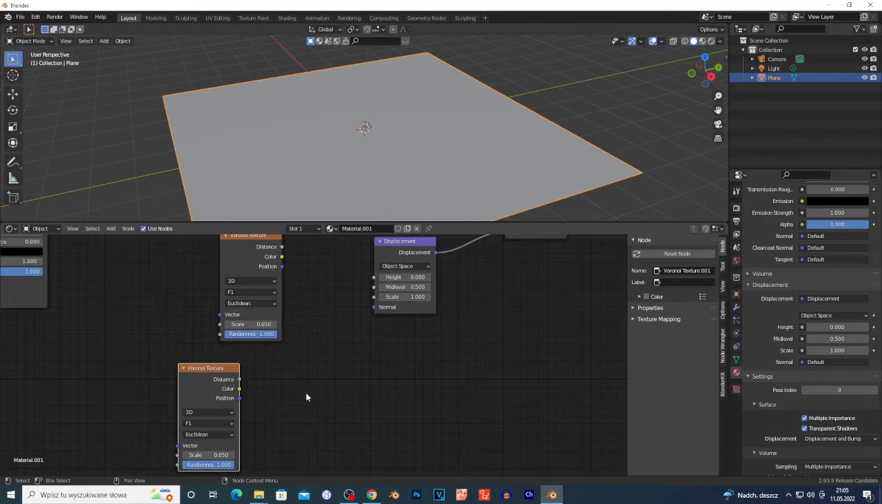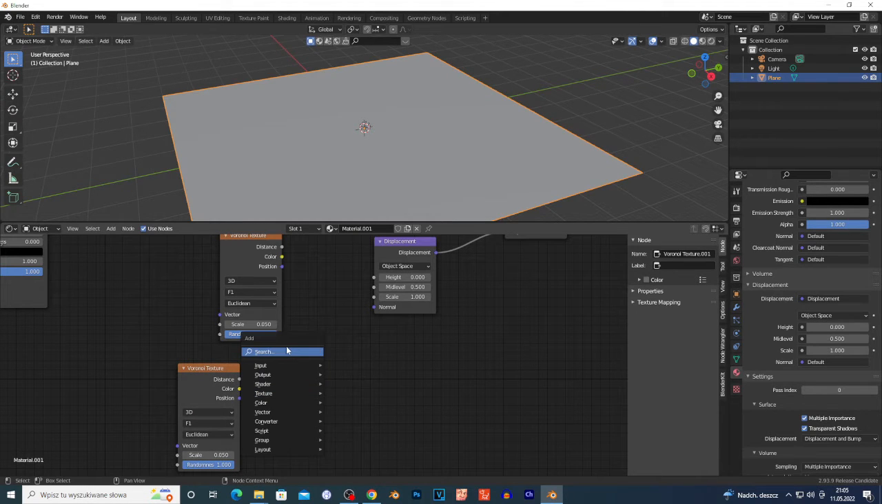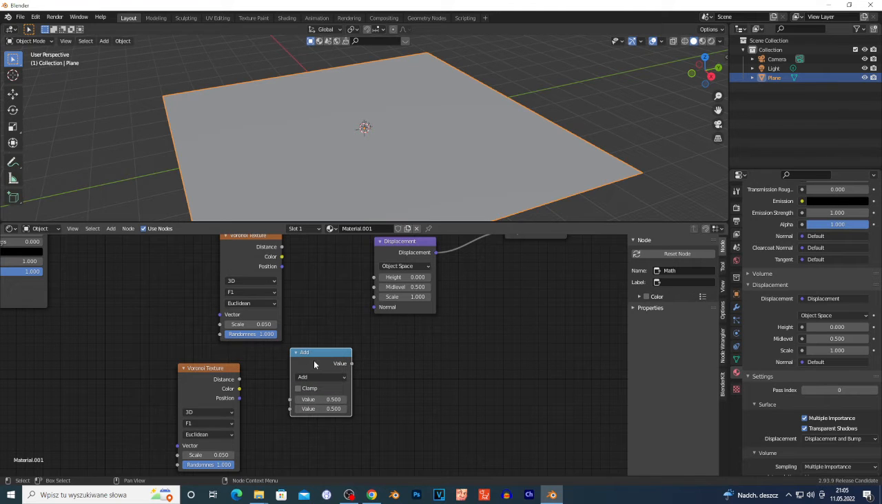We're gonna need math nodes, so Shift A, search for math, and basically you wanna duplicate this math node too, so Shift D and duplicate this. Now